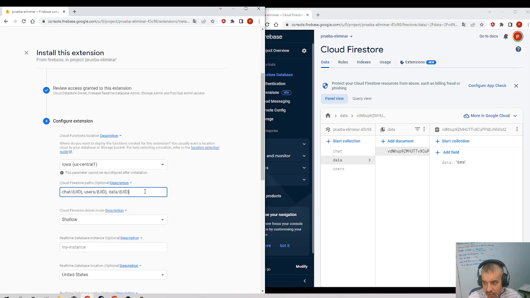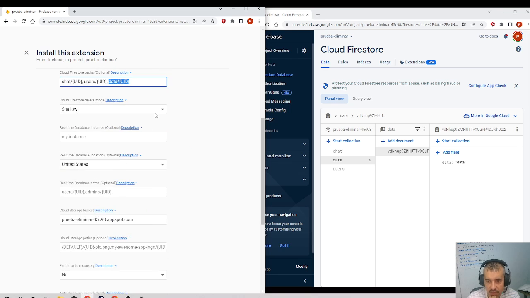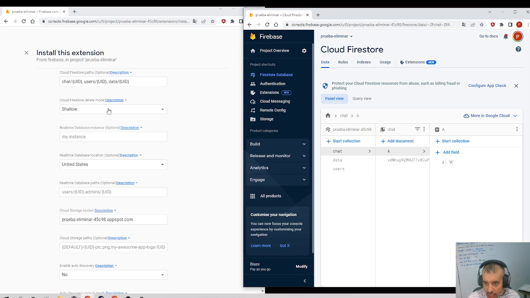You follow me, right? And you have to add here, with commas, as many collections as you want to delete. Now you see the shallow or recursive. What does it do? This is important. Shallow means that it would only delete